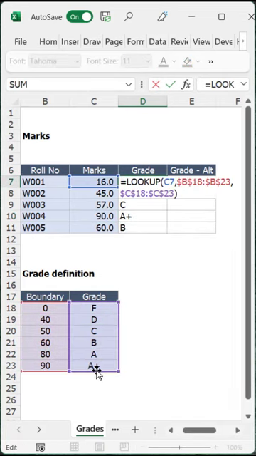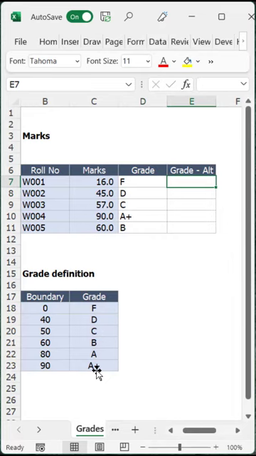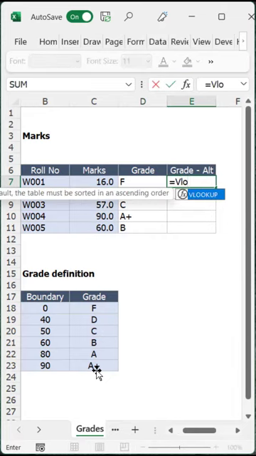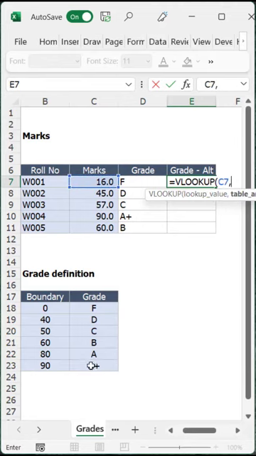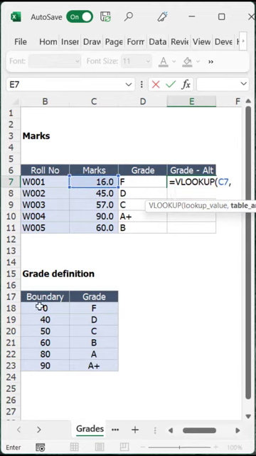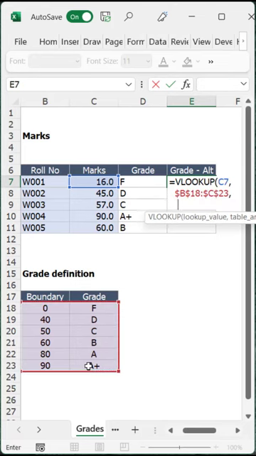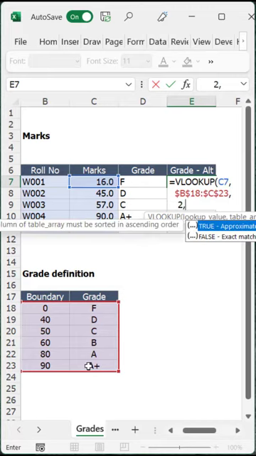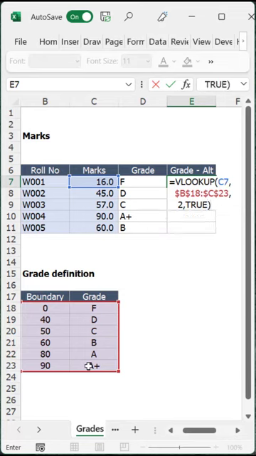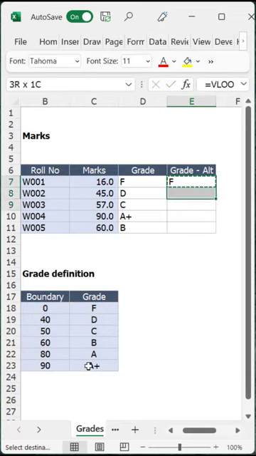Now what we did with the LOOKUP function could have also been done with VLOOKUP approximate match. So what I could have done is I could have put equals VLOOKUP, selected the mark, selected the entire lookup table. So here is my lookup table, and then I'm going to specify the column index number. And when I'm specifying the column index number, one thing I'm going to choose is to go for approximate match, and I'll press enter, and here I've got the answer. So VLOOKUP approximate match can also achieve the results in this particular case, but where the LOOKUP function scores over VLOOKUP is in our next example.